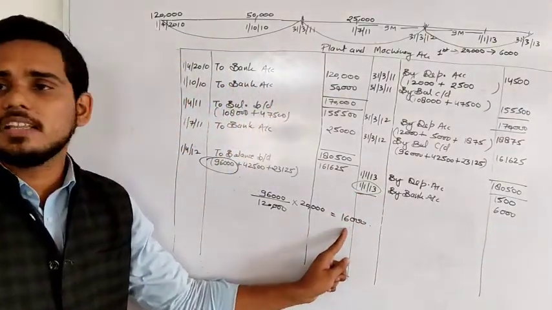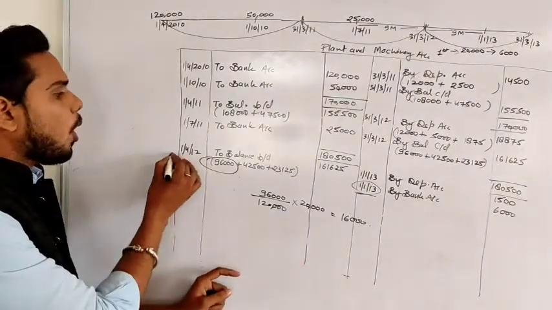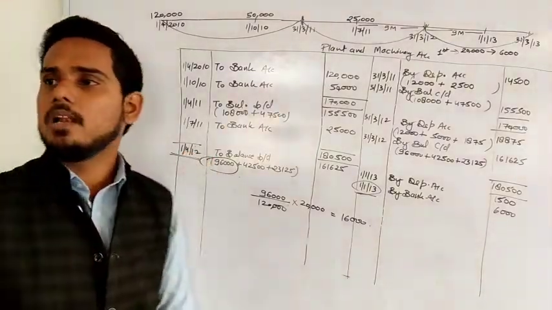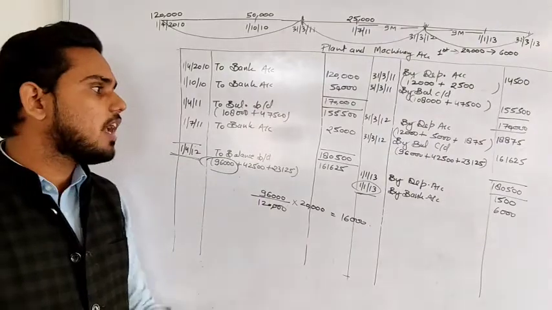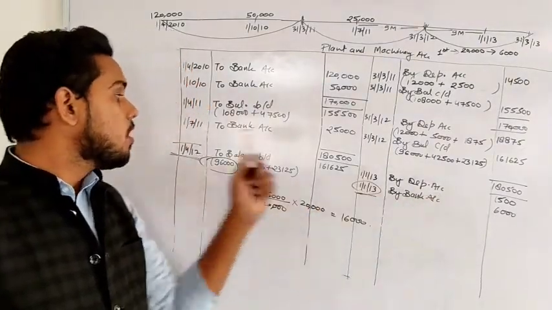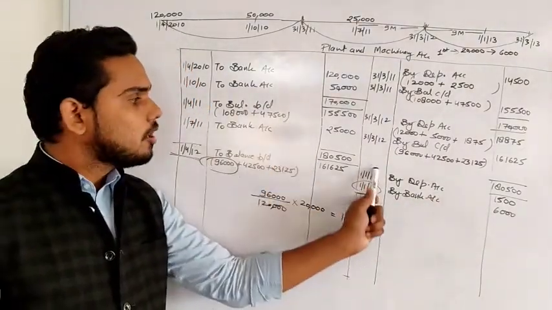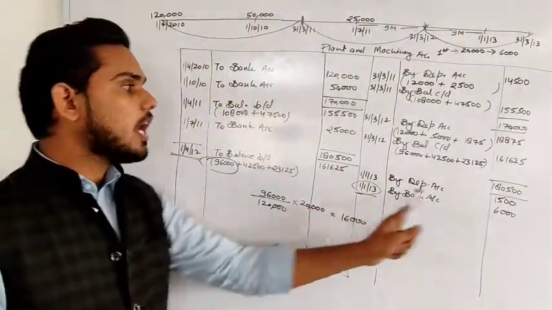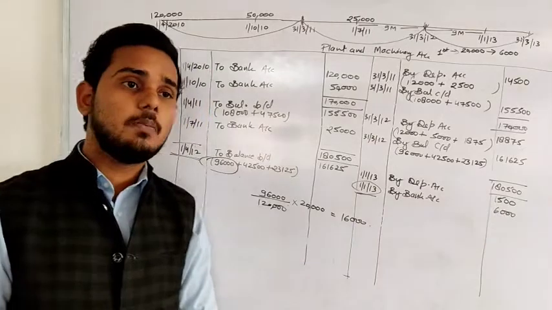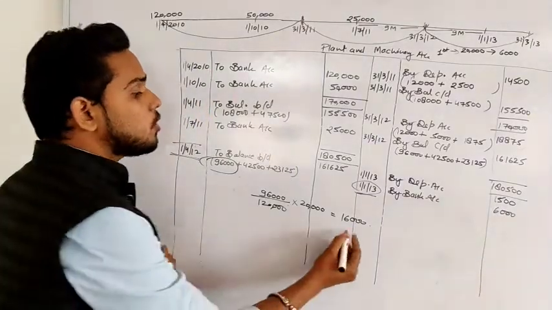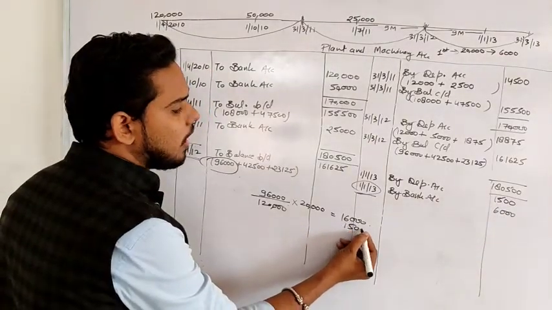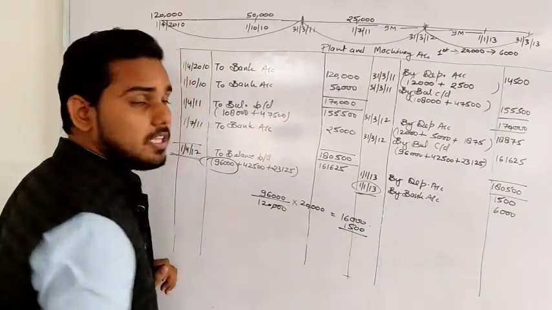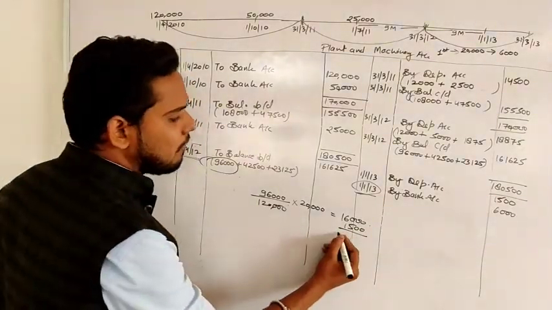And this 16,000 is the value of 1st April. That is the reason we have calculated depreciation from 1st April 12 to 1st January 13. So if we have charged a depreciation of 1,500 in these 9 months, the current value will be 16,000 minus depreciation for this period,